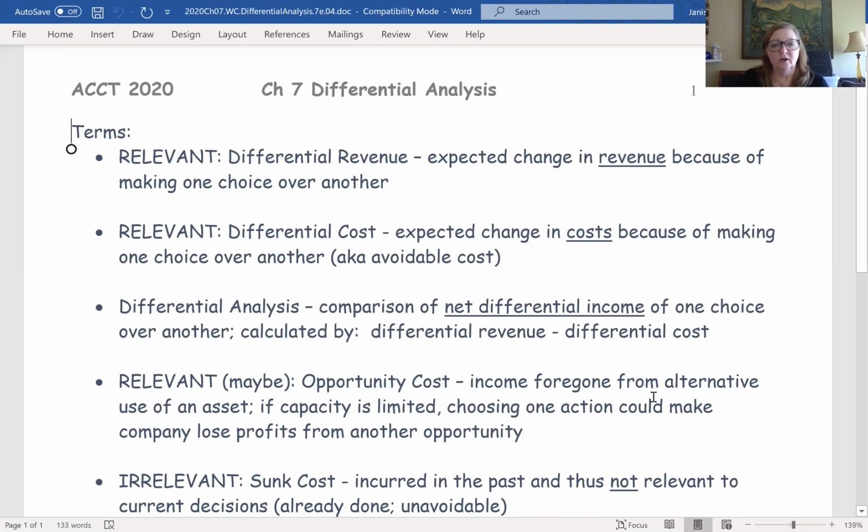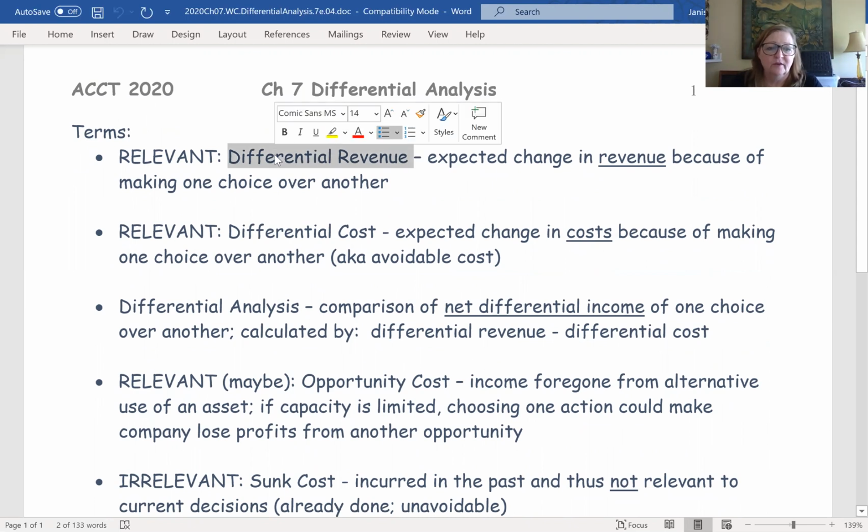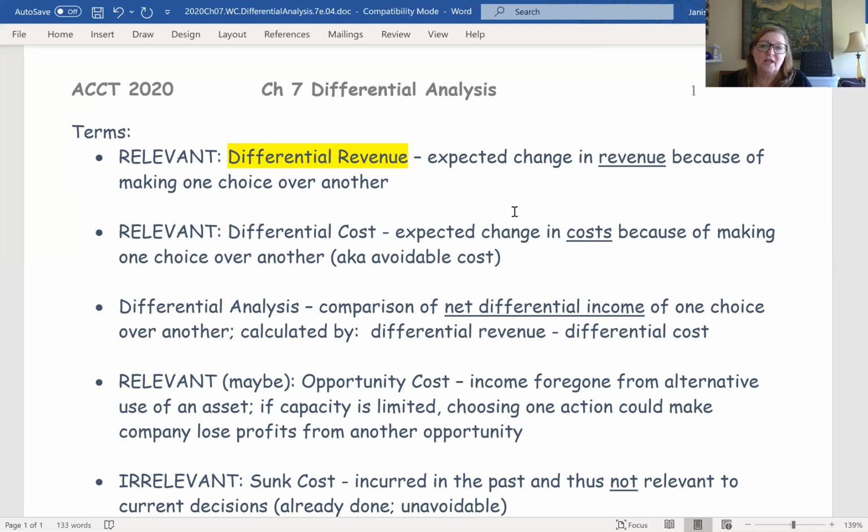I have this term called differential revenue that we're going to learn. And also, if you notice at the beginning, I mentioned whether it's relevant or irrelevant as I talk about each of these things we're discussing. So one relevant point that we're going to learn in this chapter is differential revenue. Differential revenue is just how much you expect the revenue to change if you choose one option over another. So this whole chapter is talking about differential analysis,